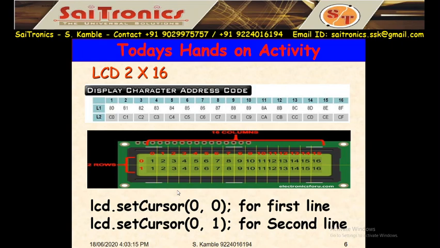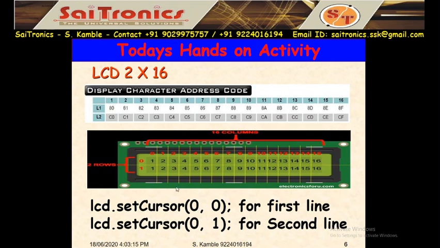In the market, available LCDs are 1 by 16, 2 by 16, 4 by 16. Means 1 line 16 characters, 2 lines 16 characters and 4 lines 16 characters. Similarly, 1 by 20, 2 by 20, 4 by 20. So 1 by 20 means first line 20 characters, 2 by 20 means 2 lines 20 characters, 4 by 20 means 4 lines 20 characters.